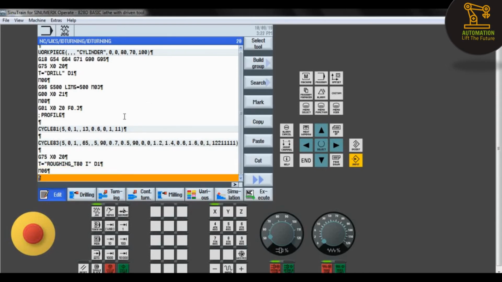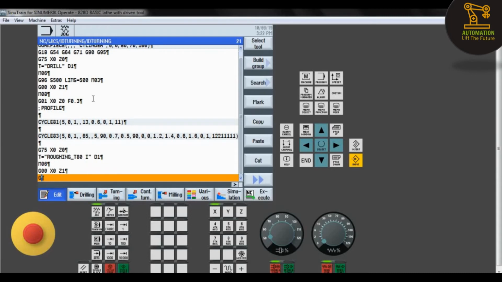And next is the safety codes, the safety point before approaching the workpiece, so G00, X0 and Z1. And next is approaching point, so G01, X0 and Z0.